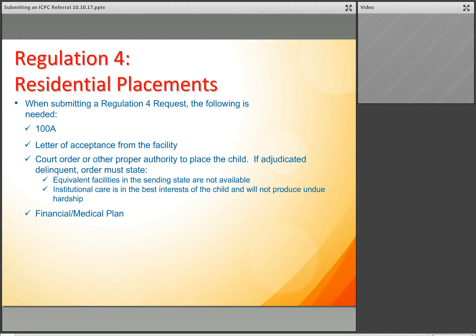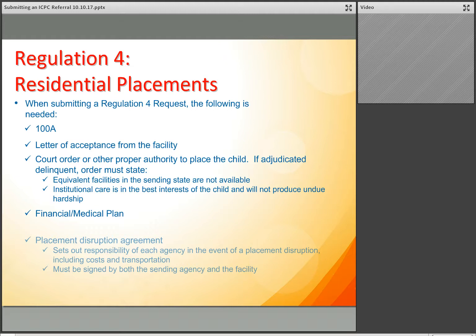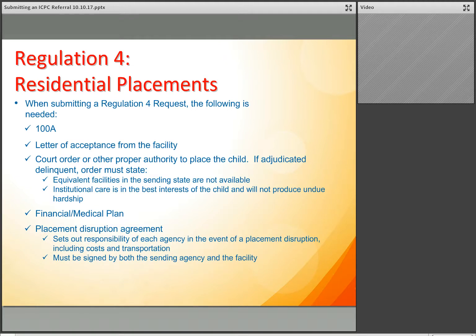If the facility is not willing to set up Medicaid for the child in the other state, your agency is responsible for paying for medical coverage. You will also need a placement disruption agreement, which sets out responsibilities of each agency in the event that placement disruption occurs. This will include the costs and the transportation, and this agreement must be signed by both the sending